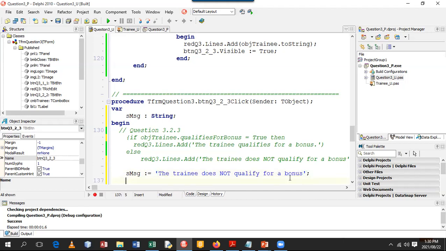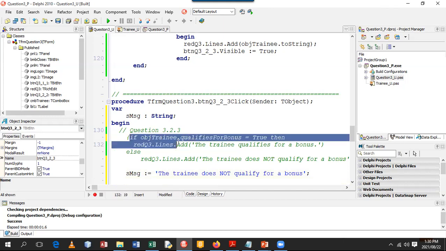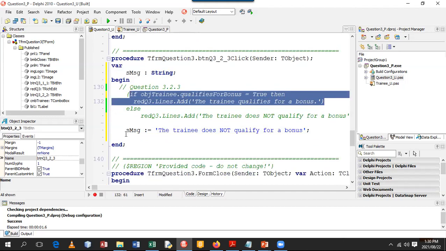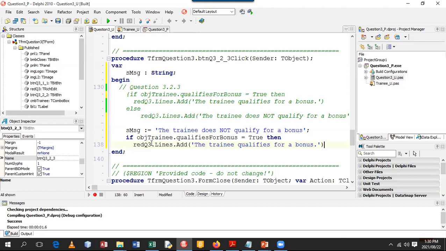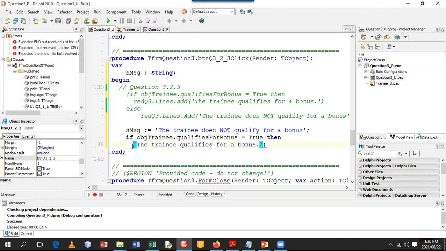Then I'm going to come here and put this in. I'll show you how I'm going to change this now. I'm going to come here and do that. And no, it's not going to be, let's just cut that out. And this is going to say S message is assigned